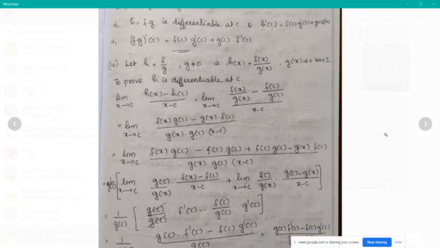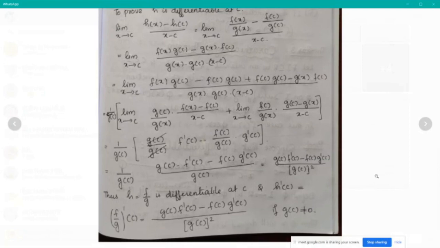ഇനി ലിമിറ്റ് അപ്ലൈ ചെയ്യുക. അപ്പോൾ 1 by g of c ഔട്ട്സൈഡ് ഉണ്ട്. ലിമിറ്റ് അപ്ലൈ ചെയ്യുമ്പോൾ g of c by g of c കട്ട് ചെയ്ത് പോയി 1 ആവും. f of x minus f of c by x minus c യുടെ ലിമിറ്റ് f dash c എന്ന് വരും. മൈനസ് f of c divided by g of c into ദാറ്റ് റേഷ്യോയുടെ ലിമിറ്റ് g dash c വരും. So we get 1 by g of c into